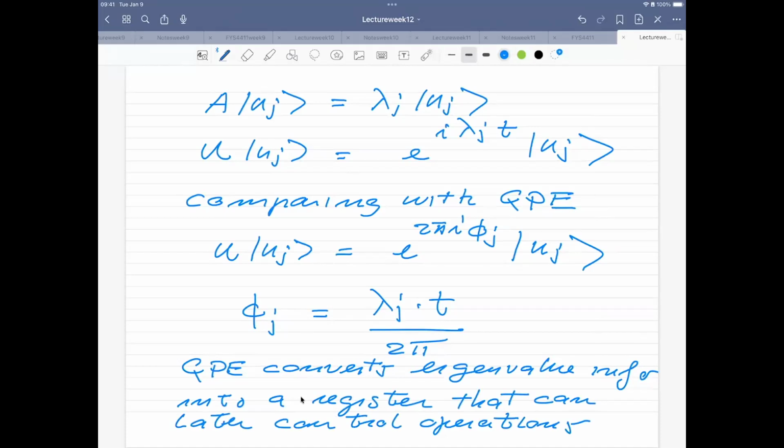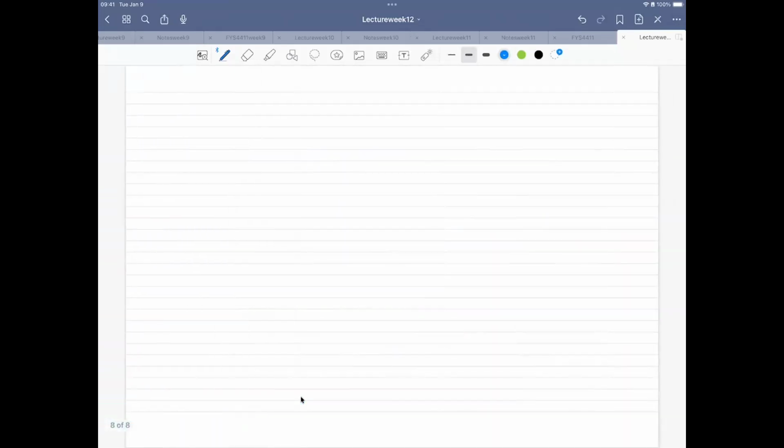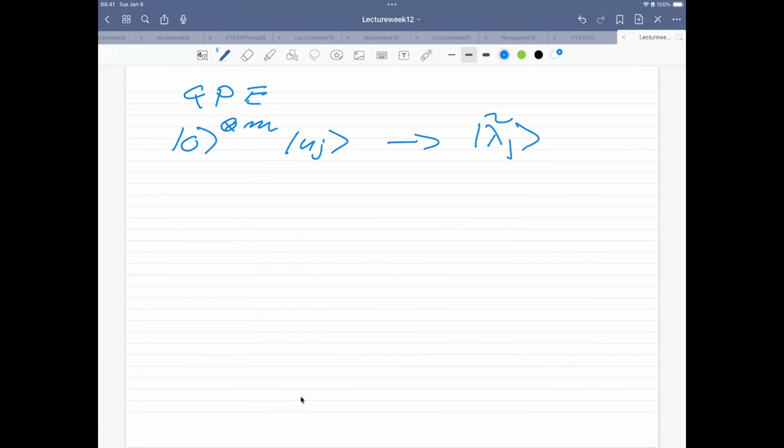So what happens when we do the QPE? When we do the QPE on this specific state, the thing which is special is that we can actually get this information about the eigenvalues. So when we do the phase estimation, the QPE part, what we have is that this original state, if you remember back to what we did in the beginning, U of j is the state we are searching. This is then given by lambda j, where we recovered information about the phases in a bit representation,